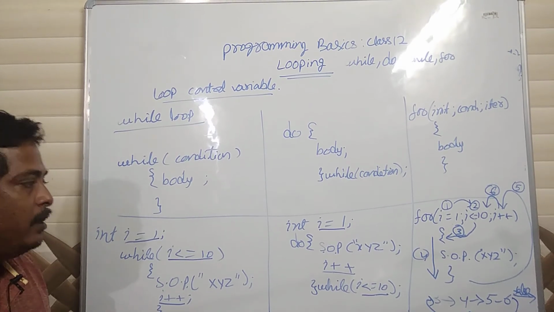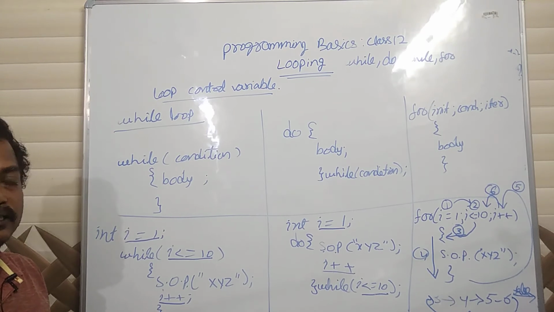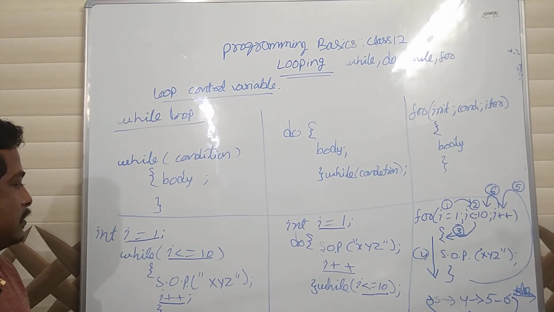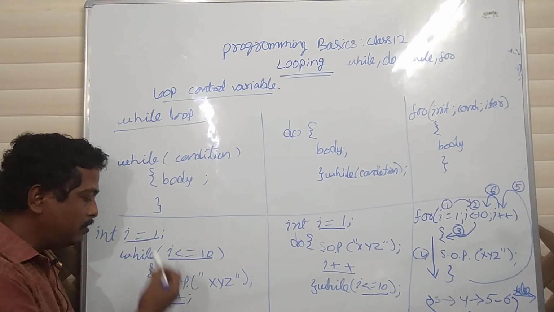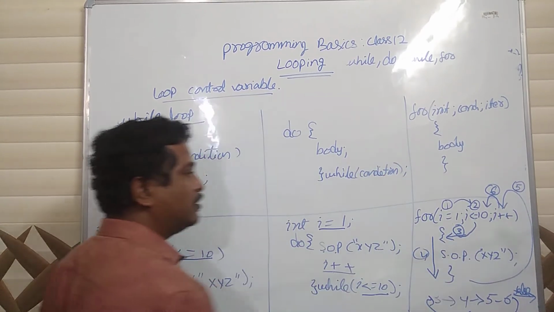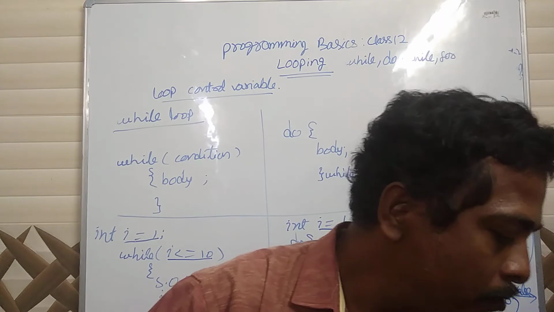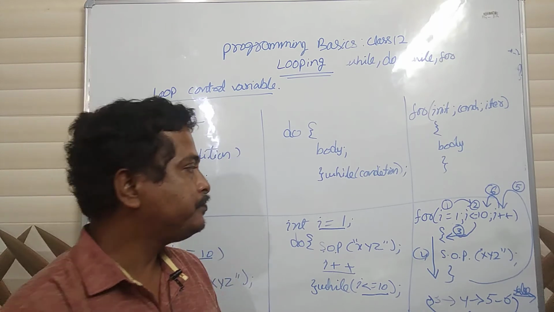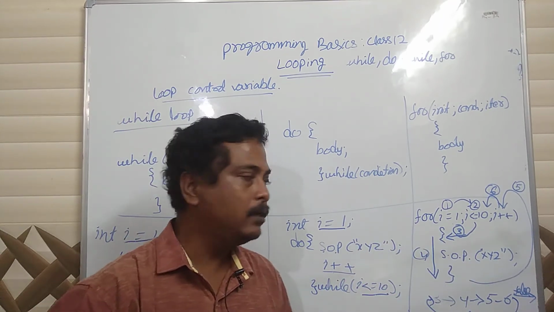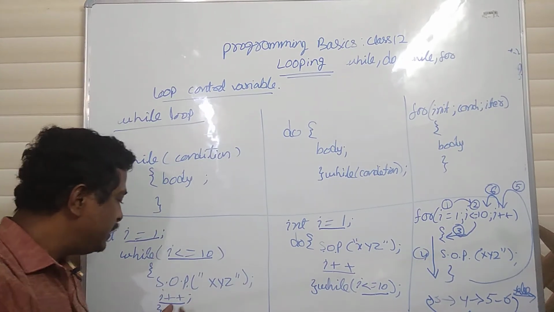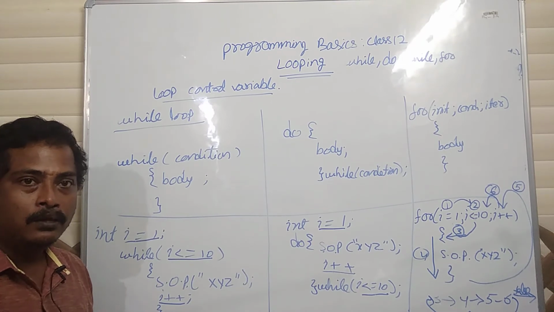Whenever we need a block of statements or a single statement to repeat sometimes, we need the concept of looping, where we have to consider 3 cases: initialization, condition, iteration. By the way, because in a for loop all the statements are in a single line, it is easy to control. Some characteristics of for loops: you can omit any one of them. Here also you can omit the iteration, there is no problem, but your output will be wrong.